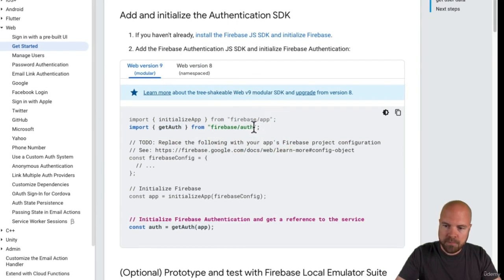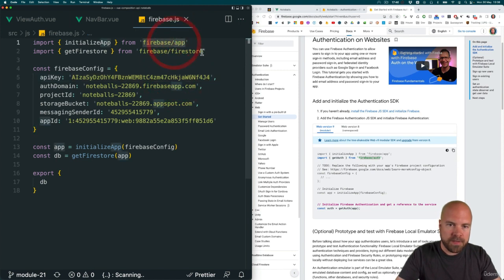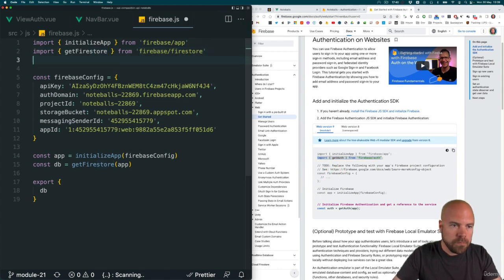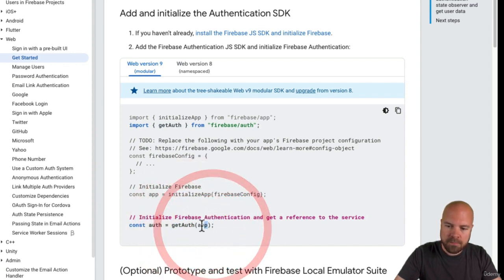Note that this is coming from a different package. It's not coming from the app package or the Firestore package. It's coming from this auth package. So let's copy this import, paste that here, and replace the quotes. And then we can initialize authentication by just firing this getAuth method, passing in our app, and assigning this to a constant. So let's copy this line,